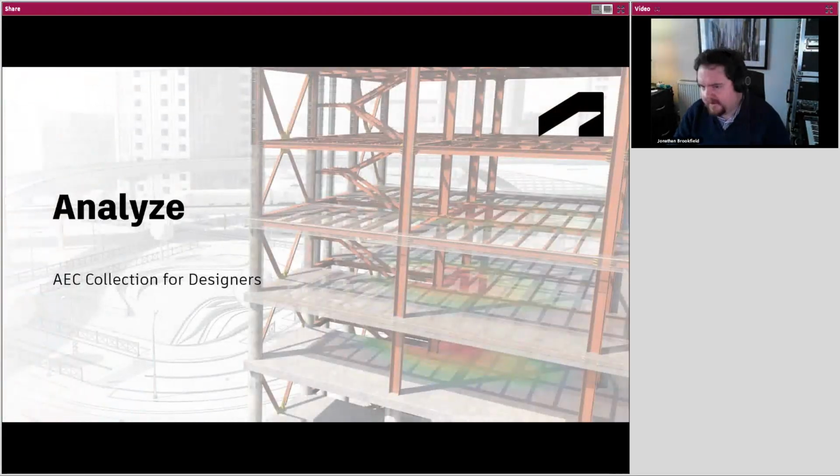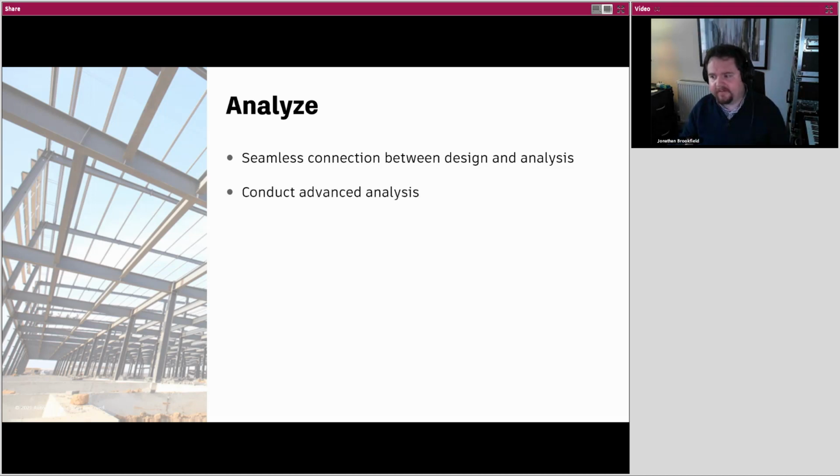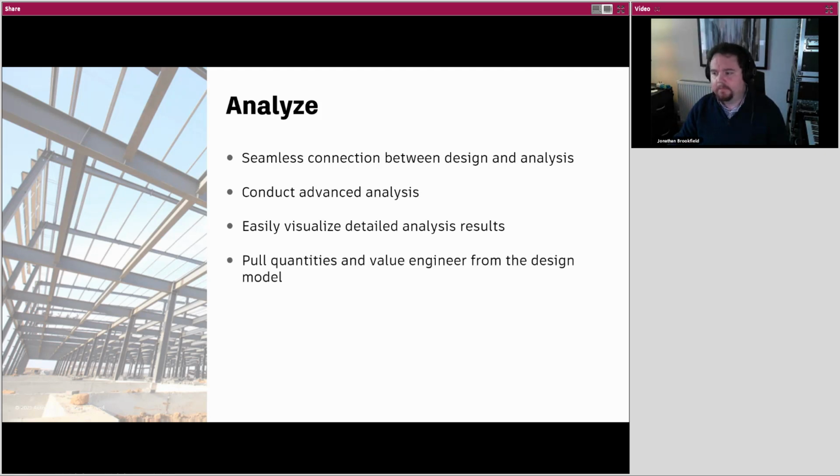So moving on from the design and conceptual tools, we now have the analyze tools that are included within the AEC Collection. So during the analysis and verification stages of a project, designers have access to a range of tools, allowing them to perform seamless connection between design and analysis, conduct advanced analysis, easily visualize detailed analysis results in reports, pull quantities